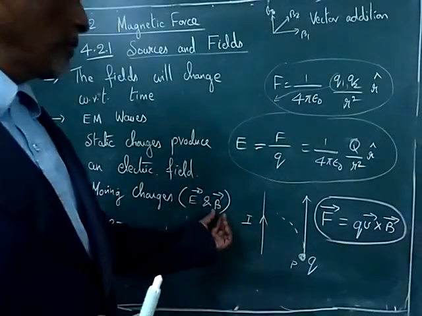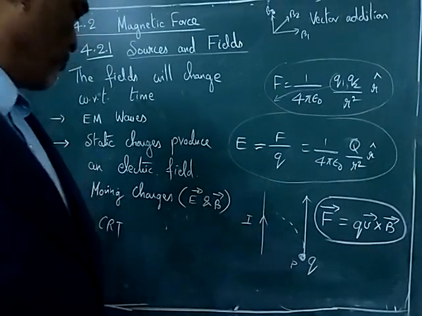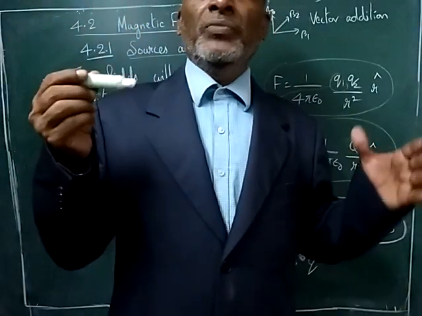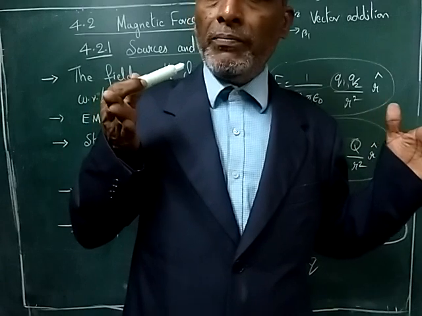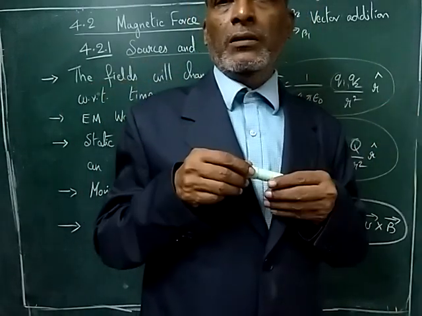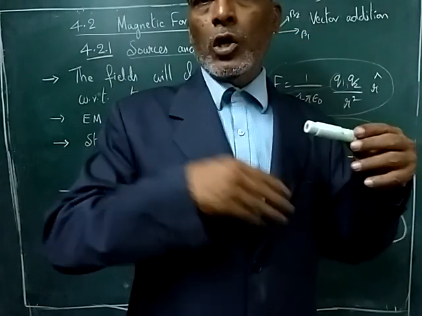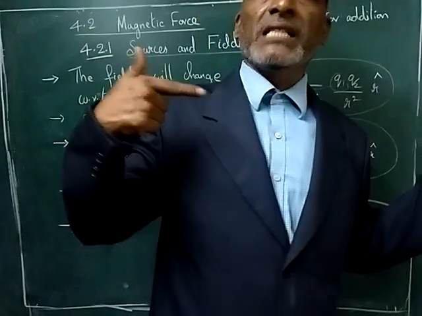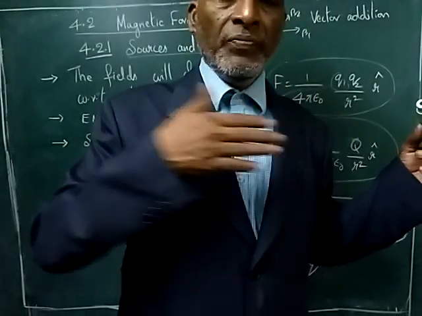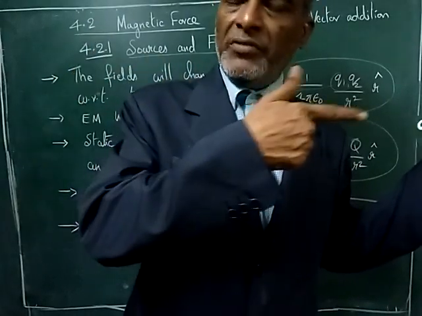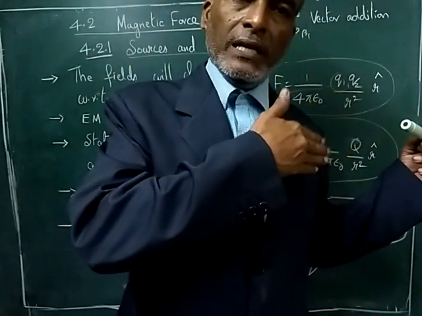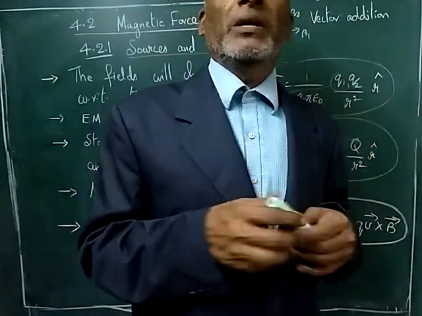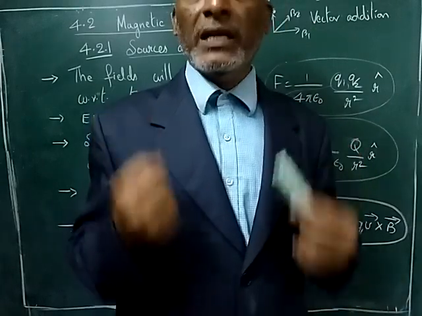The magnetic field is usually represented by the B vector. If you see a CRT, cathode ray tube television, the electrons start moving from cathode to anode at very high potential. But when you supply a magnetic field around the flow of charges, that is the electric current from cathode to anode, this beam can be deflected left, right, top, bottom. That depends on the field. Why is it bending? Because of the magnetic force, because of the magnetic field.